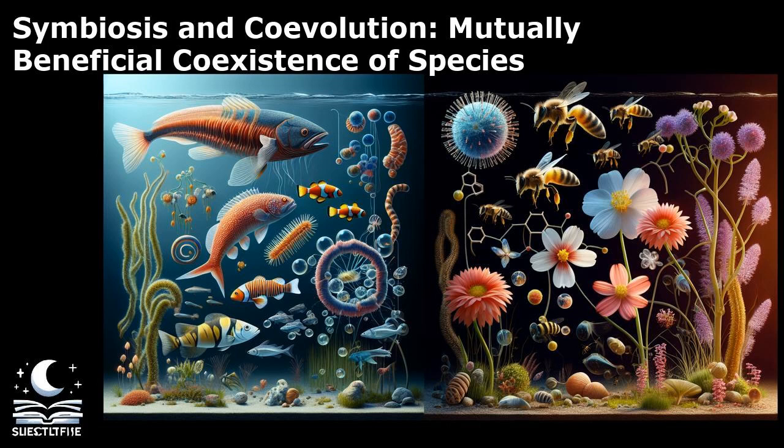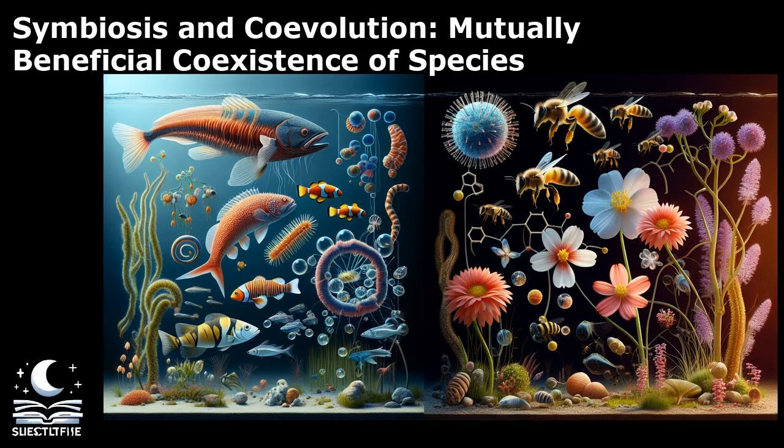Parasitic symbiosis can also be found in nature, such as the relationship between mistletoe plants and trees. Mistletoe plants attach themselves to tree branches and steal water and nutrients from the host tree, weakening it over time. While mistletoe benefits from the tree's resources, the tree suffers from reduced growth and potential harm. This parasitic relationship highlights the negative impact that symbiosis can have on one of the species involved.